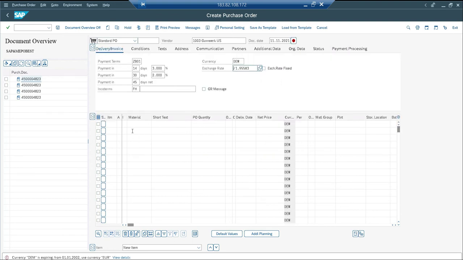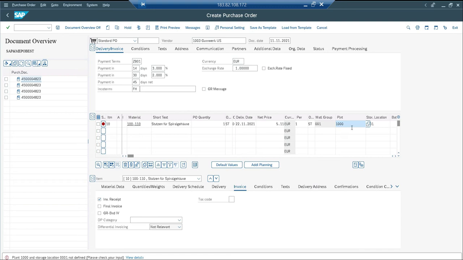Okay, and this should be EUR. This is my material 10, quantity 1, plants 1000, enter, all good. Okay, I don't want storage location here, so let me delete it. Yep, all good. Now I want to find out